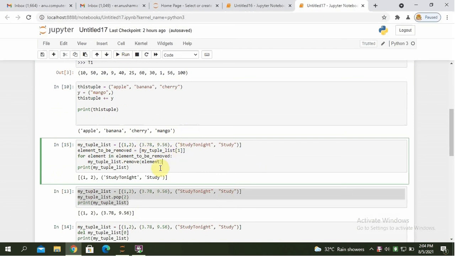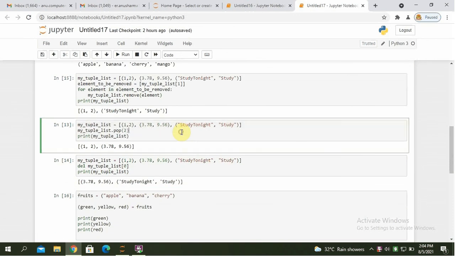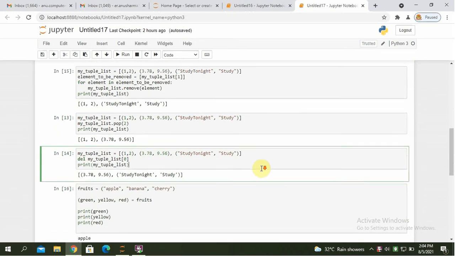Run it. Pop, my tuple list.pop(2). This is the second. Pop it, then it will remove the item. Print.